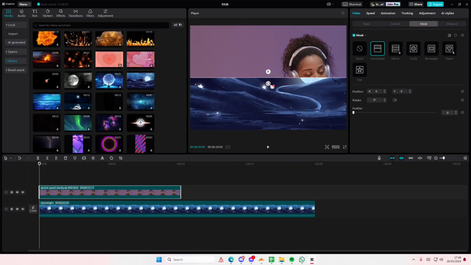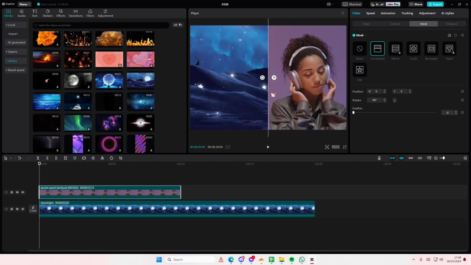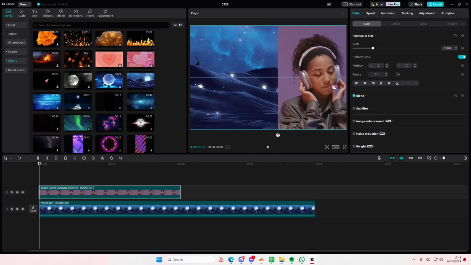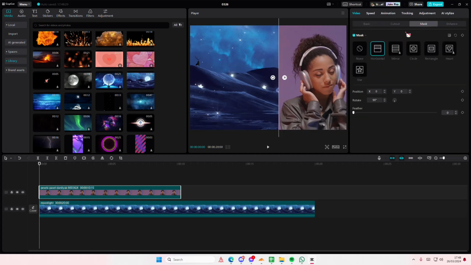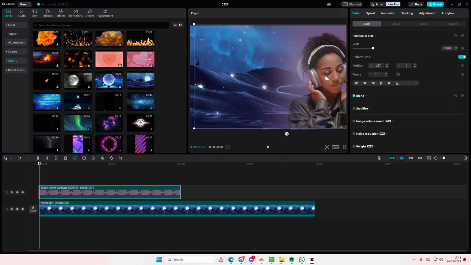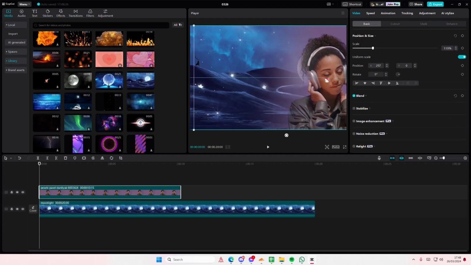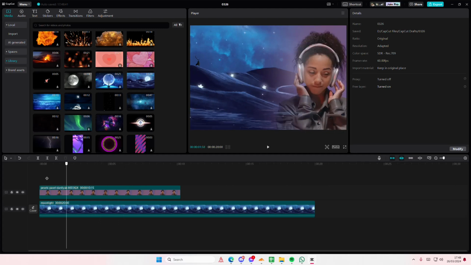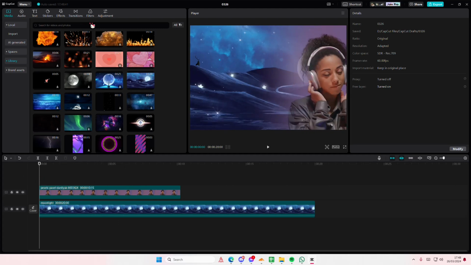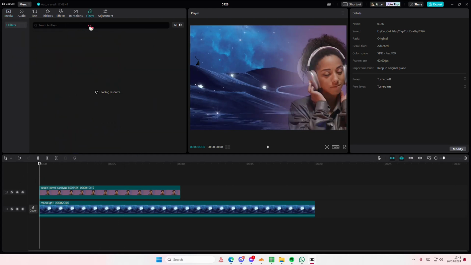going to select horizontal, and let me just move her to the right a little bit, and then I'm going to go to mask, and then I'm going to actually just feather this out by a lot. And I'm just going to place her a little bit to the right, so it looks like she's kind of blended in. What I like to do then is I like to just add a black and white filter, or